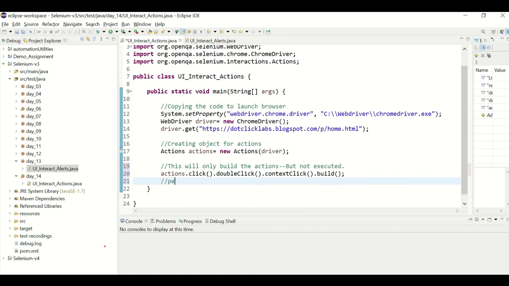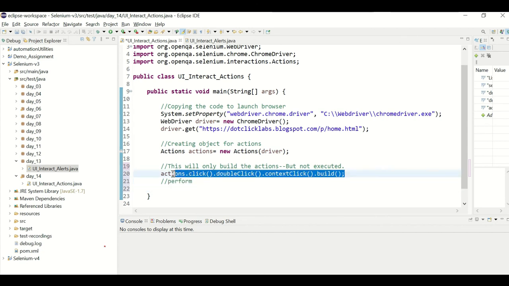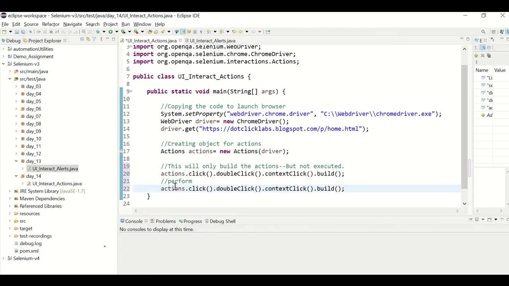Okay guys, so now let us perform the actions. Now actions.perform. You can even say actions.perform on the entire line, both do the same, because the actions class is what we built using actions.click.doubleClick.contextClick.build.